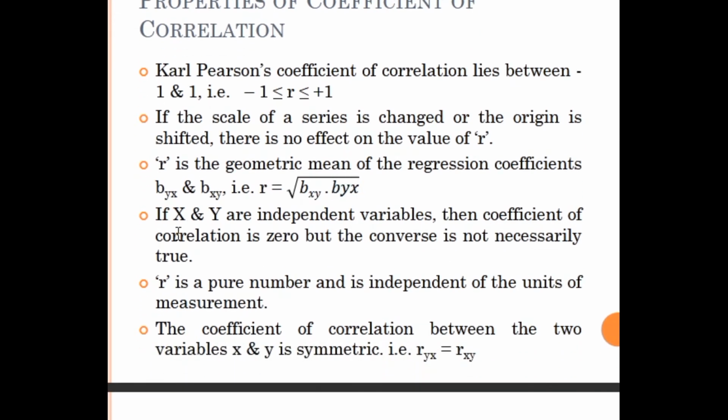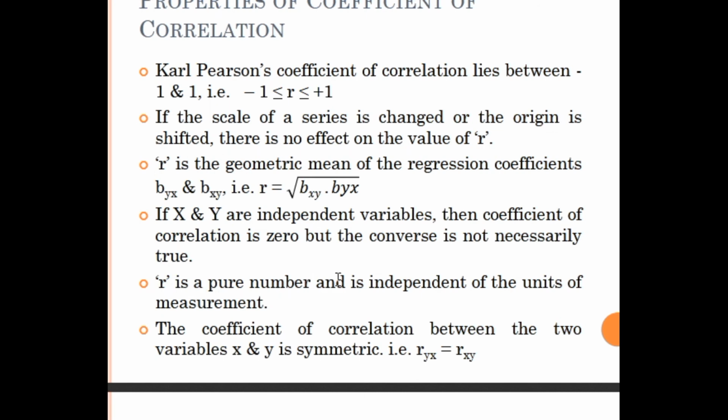Then, if x and y are independent variables, that is, x and y are not dependent, then the answer is 0 only, because you cannot find a relationship. For example, take the income of a person and the agricultural product. Is there any relationship between these two? No, there is no relation between these two. So if you select any two variables, those two or more variables must be dependent. So correlation is a study of dependent variables, not independent variables.